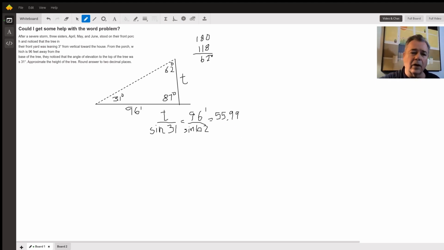What did they ask for? Approximate the height of the tree. Well, that was the length of the tree before the storm. It's the length of the tree, but because the tree is tilted, the height is technically the distance from the top of the tree to the ground. And in that case, we need another triangle